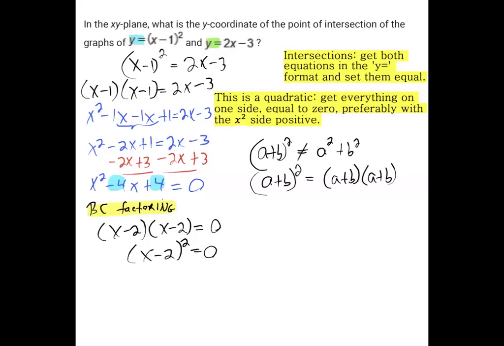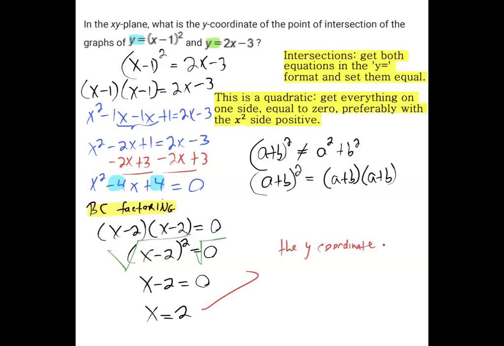So if you have it this way, you could take the square root of both sides, and you'll get x minus 2 equals 0. Add 2 to both sides, x equals 2. And be really careful, because if you enter 2 in as your answer here, you'll get it wrong. And that's because they want the y coordinate,